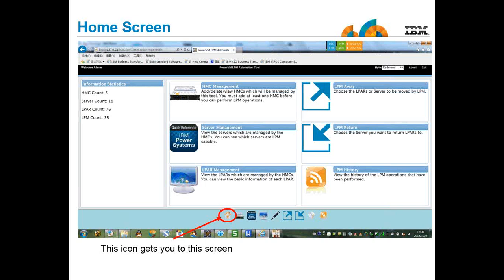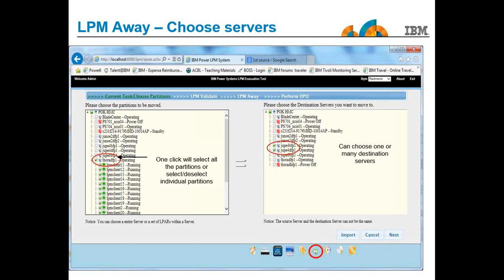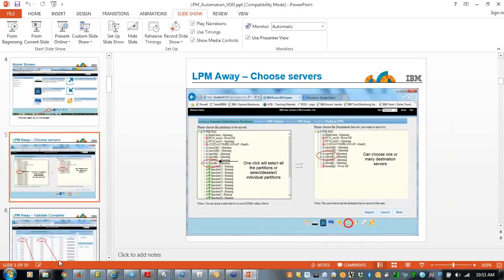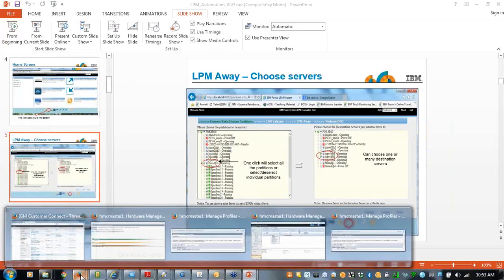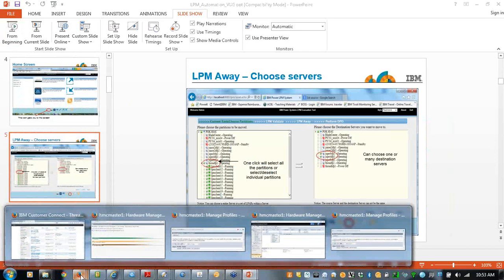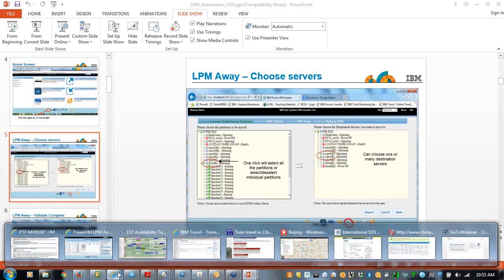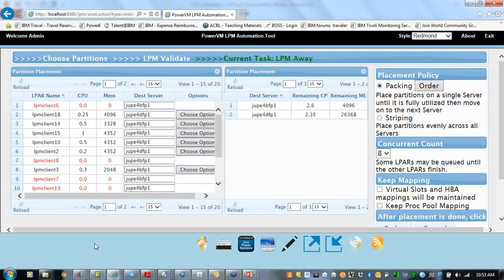You can see it's GUI based here, and this is what the home screen looks like. Let's talk about this panel here. This is the LPM away screen, and I'm going to bring the tool up and show you. I'm struggling a bit with how to deliver a slide show at the same time as demoing the tool.